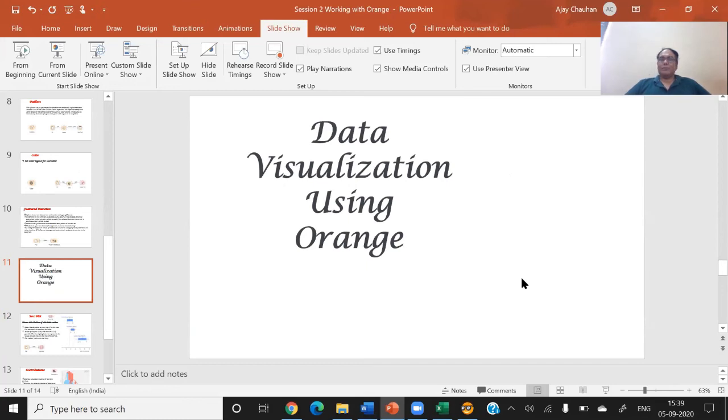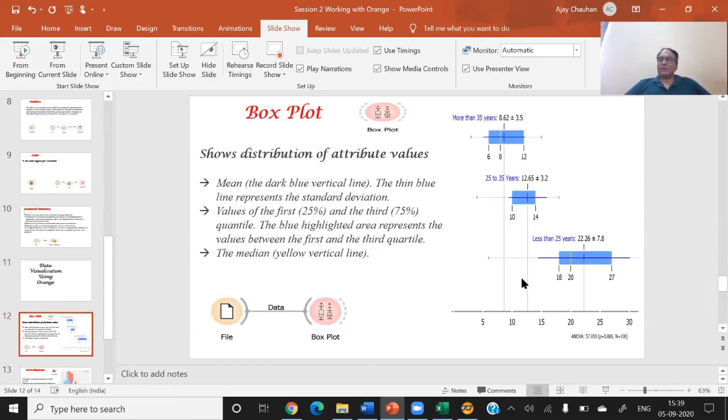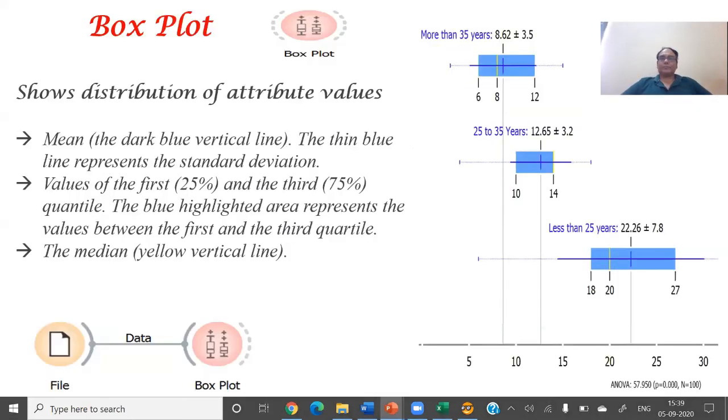The first, yesterday I also showed you the box plot, but today we are doing it again. And I will try to make more clarity to you. This is a box plot chart. Now in box plot, some of the things you should remember is that there's a yellow line in every box. You can see that this is a yellow line. So yellow line is showing you the median. It is mentioned that the median is represented by the yellow vertical line.